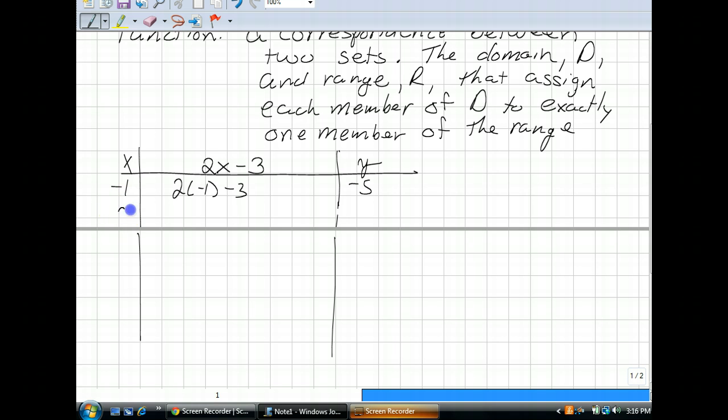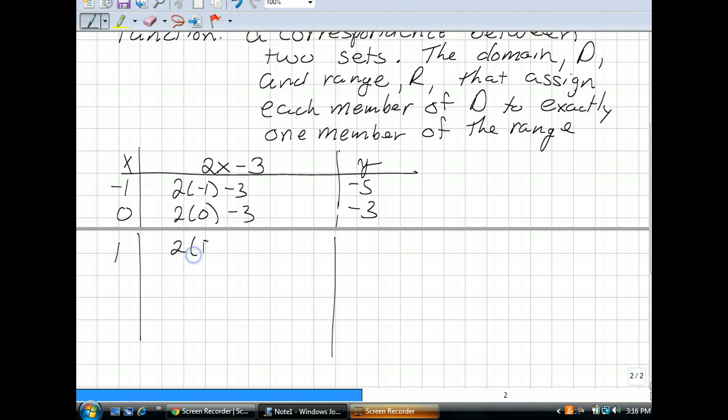Okay, so if I plug in a 0, if I plug in a 1, and if I plug in a 2,